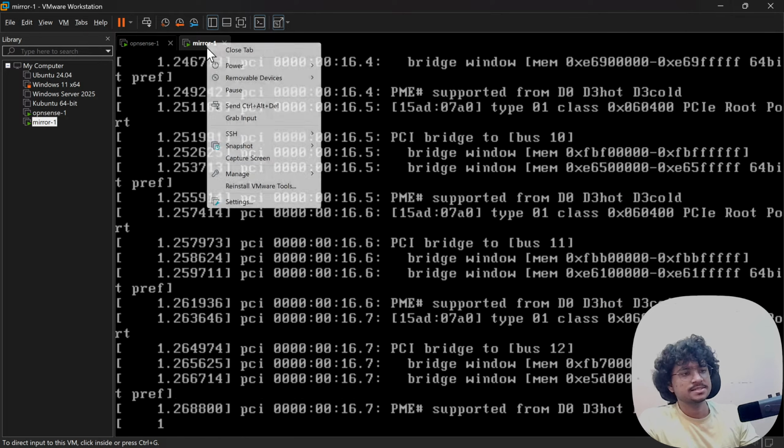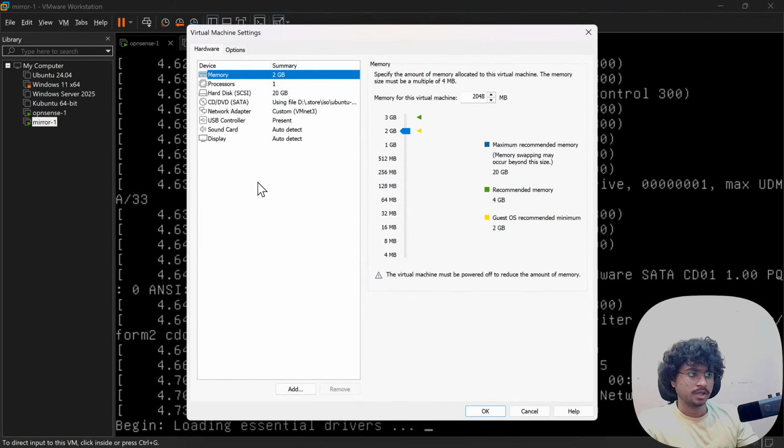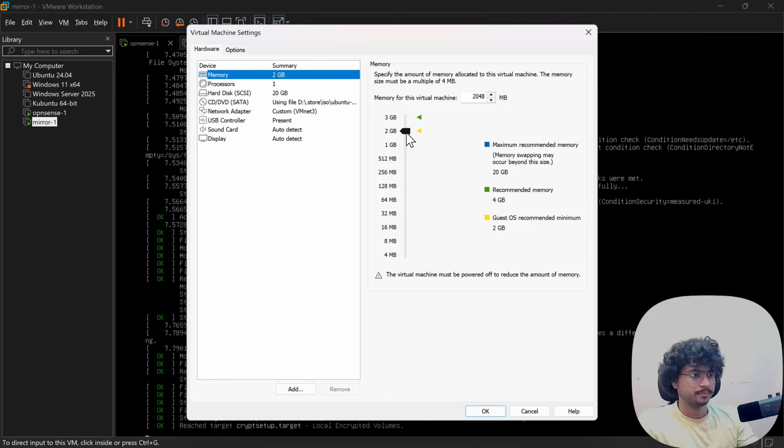I should cap its RAM somewhat more. I don't want it to consume a lot of RAM.